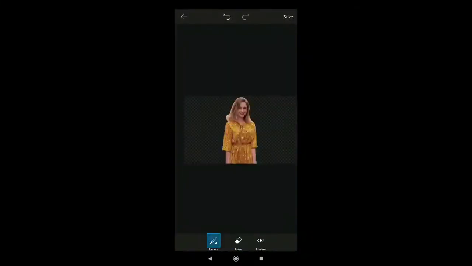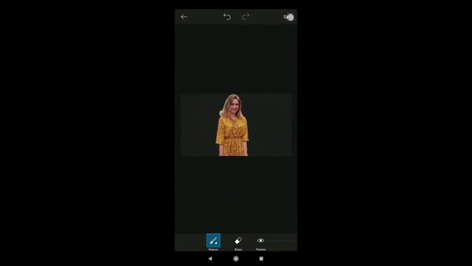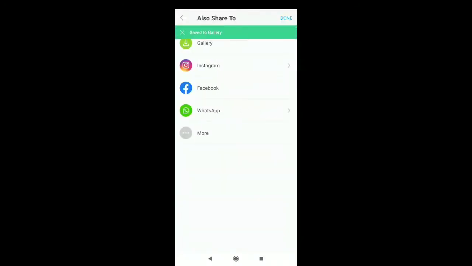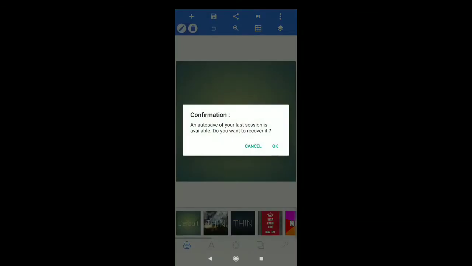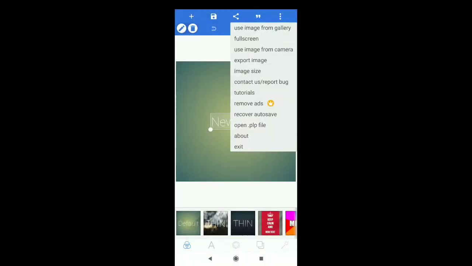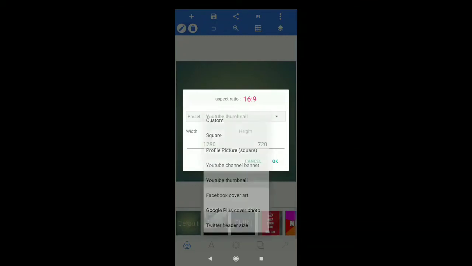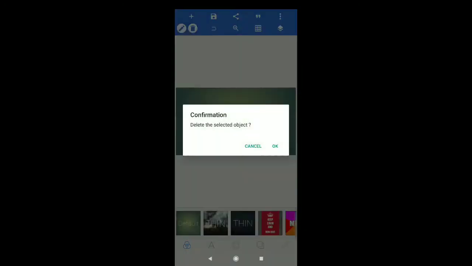See this one, so I have to cut it out. So I have now cut it like this. I think you guys know how to cut this one, and after cutting, save this picture as an image in your mobile library. So the second step is completed, and now for the third step, open the Pixlr app and select the image size as a YouTube thumbnail. See this one, and select OK, and delete all the remaining files in the new project.